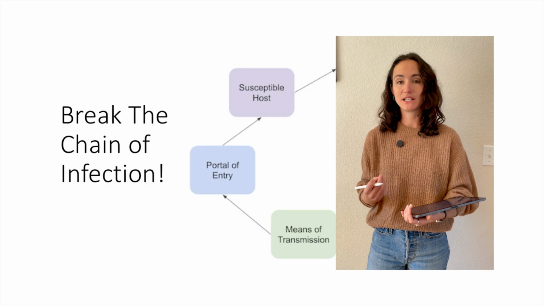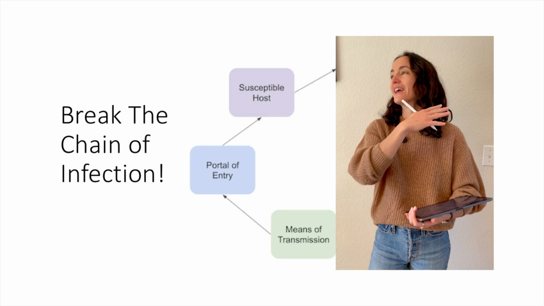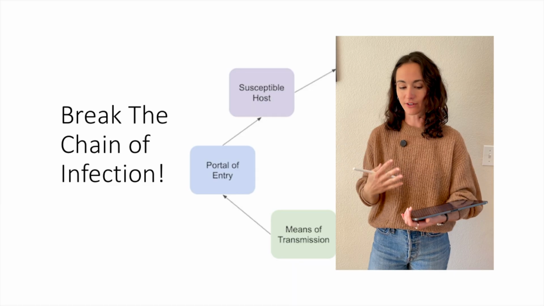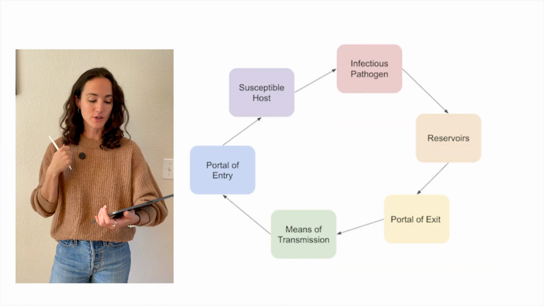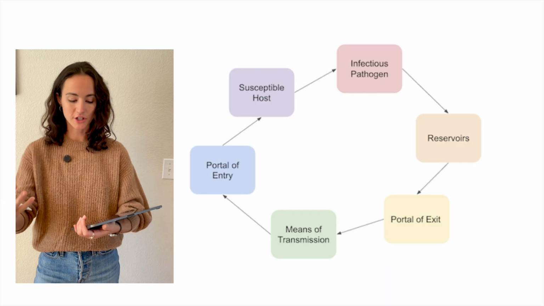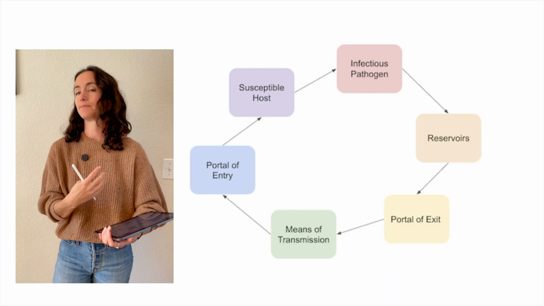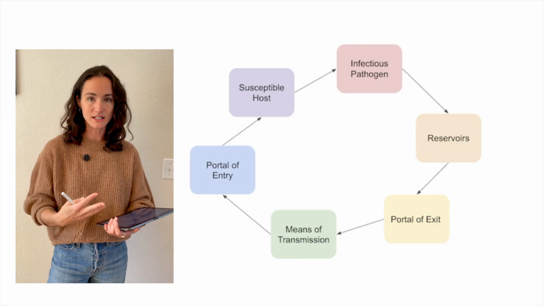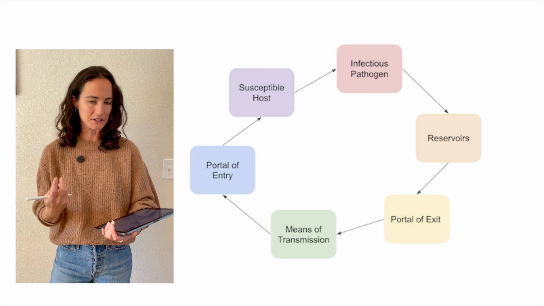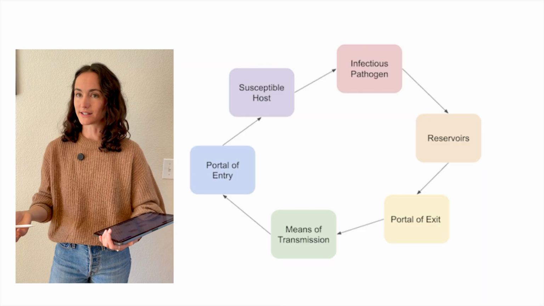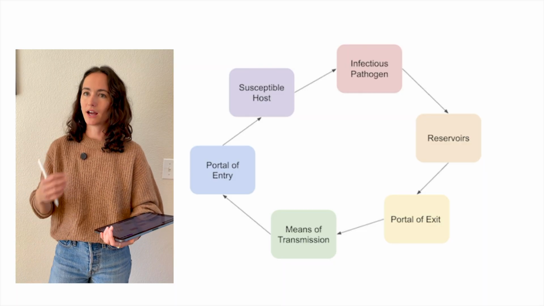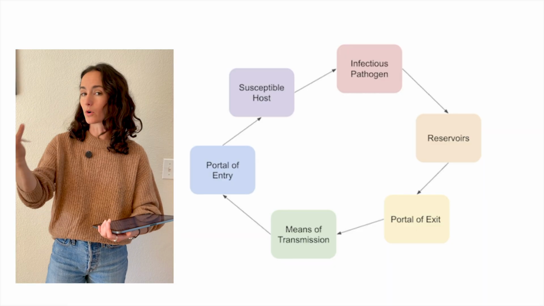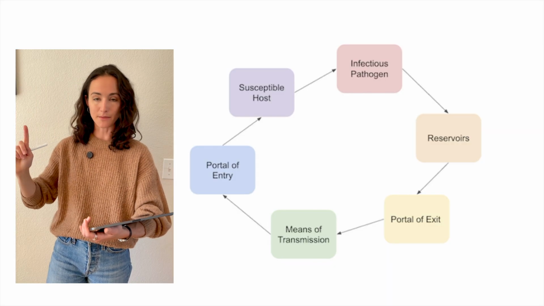I also want to point out that epidemiologists are trying to implement measures and make recommendations in a population that help break the chain of infection. And that can happen on many levels. So we have a susceptible host and an infectious pathogen. There might be a reservoir where this microbe or virus can thrive without infecting the individuals or environment that it is in. There has to be some sort of portal of exit. So for COVID-19, which we're all very familiar with, if I'm coughing, that's the way that the virus can exit my body. There has to be a portal of entry to another person